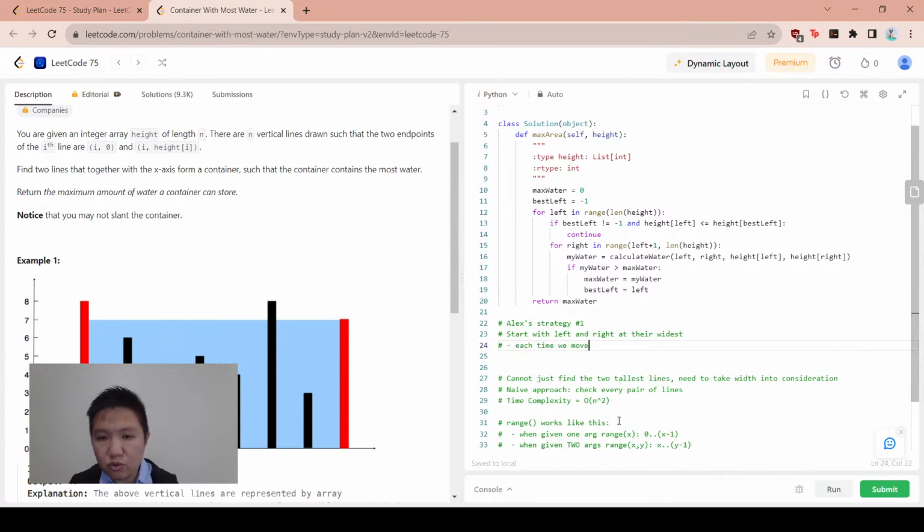Each time we move the shorter line, if and only if the shorter side, only if we find a taller line. Okay? So we're sort of looking at the best we can do right now. And so if we close in on the right,